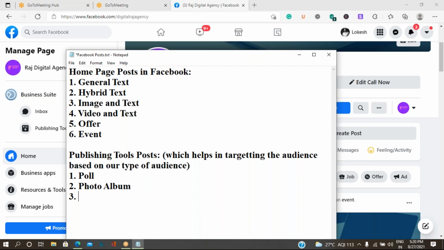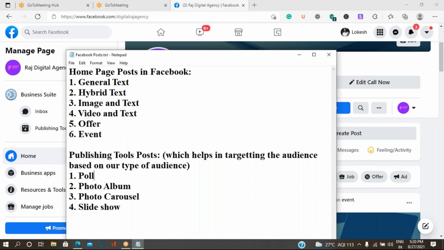Okay, then poll post, photo album, photo carousel, slideshow post. Okay, so let's see how we can create this type of post.